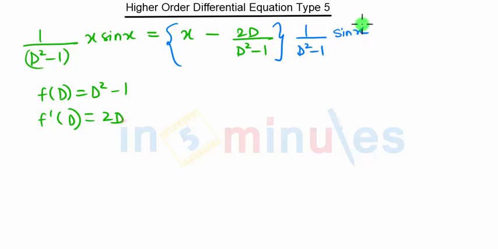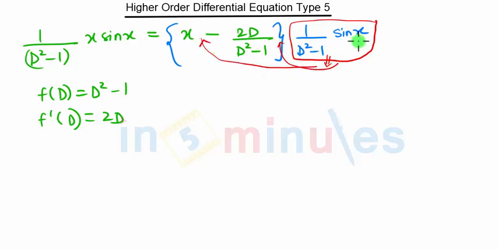So as you can see, first we have to apply the operator of d square minus 1 to this sin x. Then we get some value. Then we multiply this value inside the bracket here and here. After multiplying that value, we again need to apply the operator of d square minus 1 and d. So in this case, we need to apply the operator twice. So that's why we check whether this part is a case of failure or not,